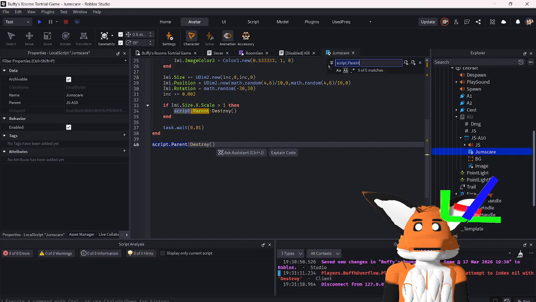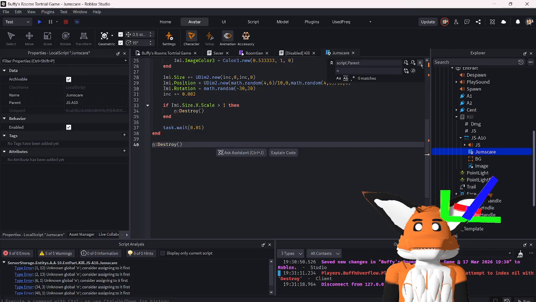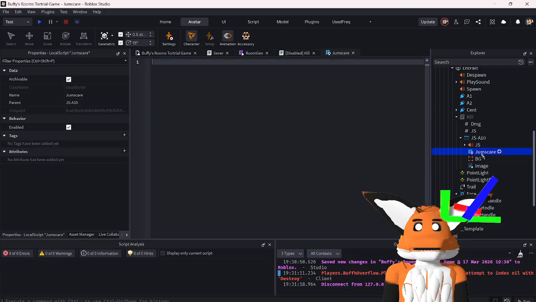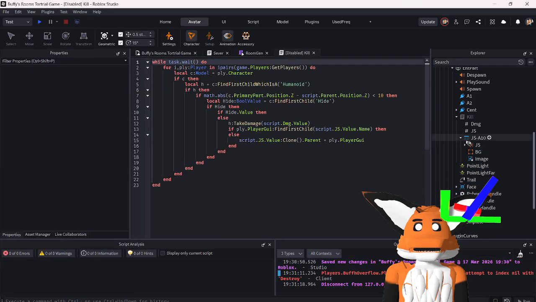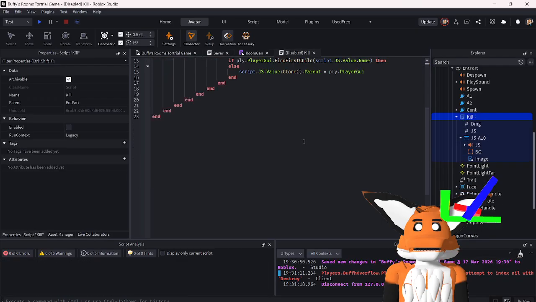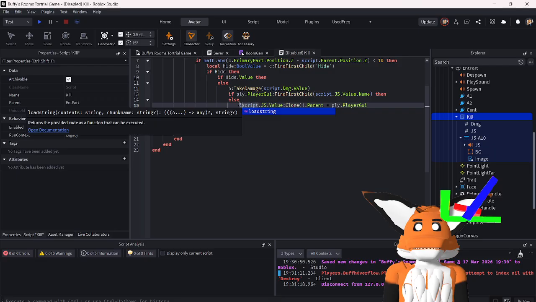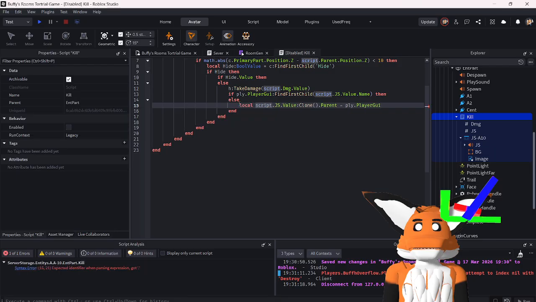Replace script.parent with N. Going to cut this, delete this, go into kill, go here, local N equals,